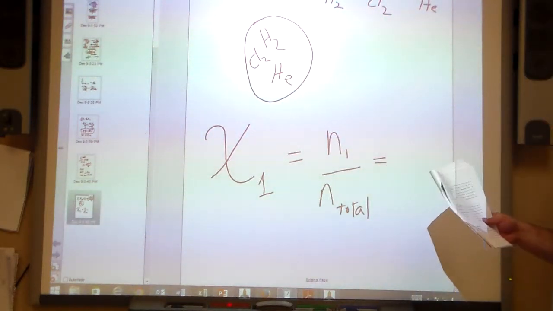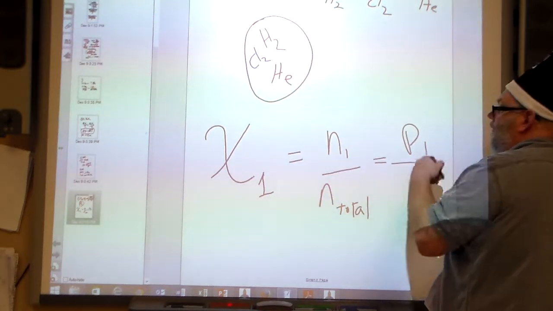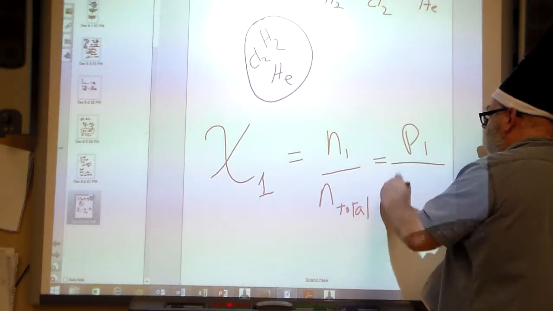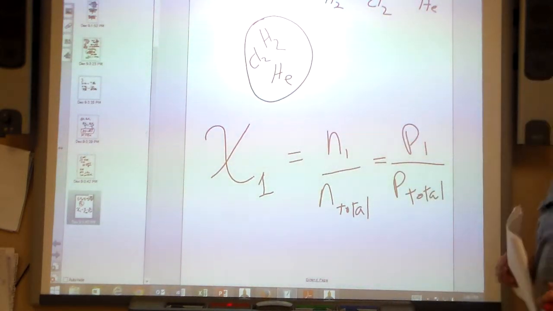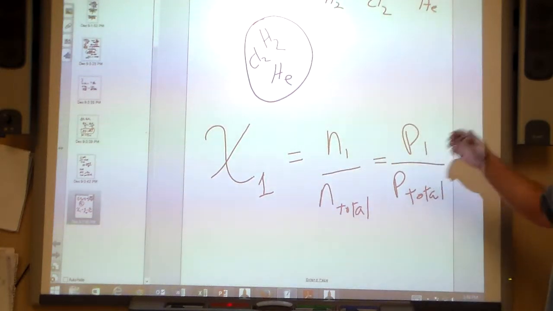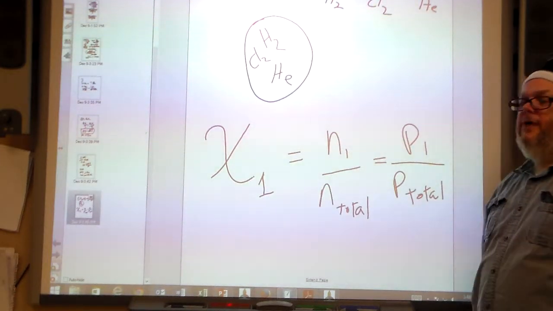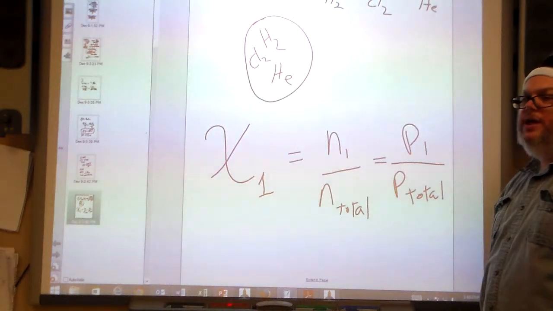Now, we can also look at the partial pressure. We can look at the pressure of gas number one. We don't have to know the number of moles of it, but we can compare that to the total pressure. You can think about it, we call it a mole fraction, but you can think about it like an ordinary fraction. It's a ratio. If I have a container that's got 3 gases in it,